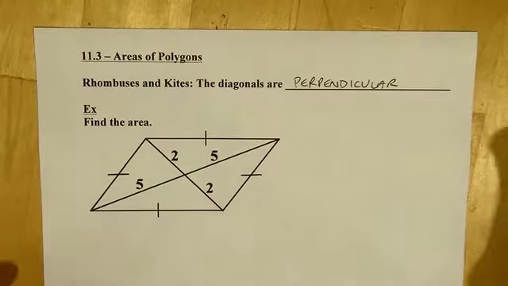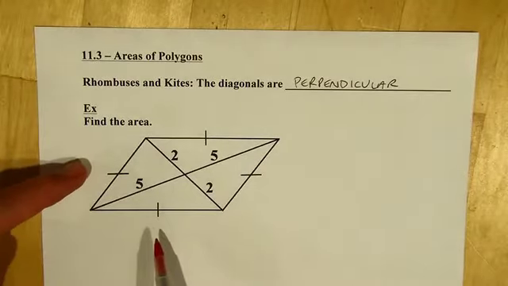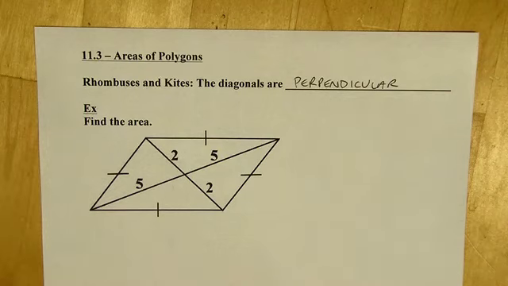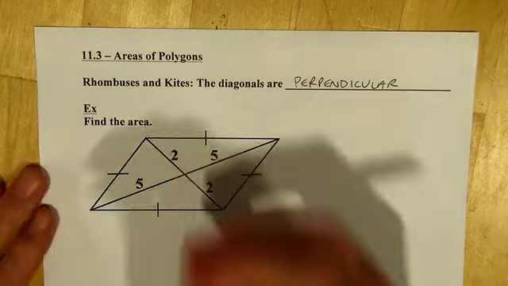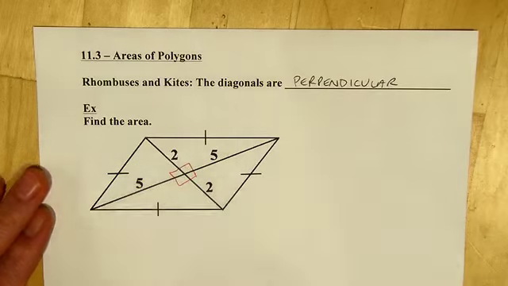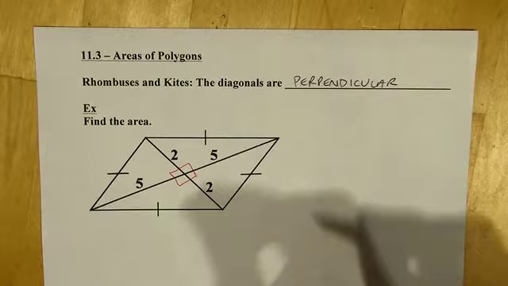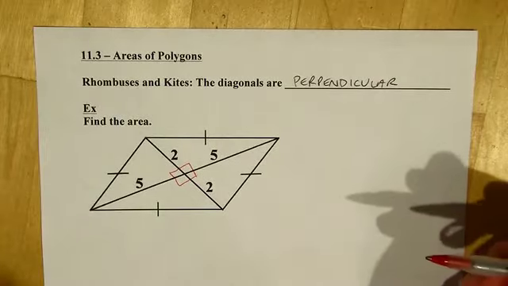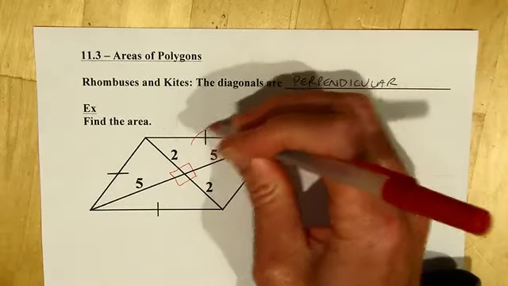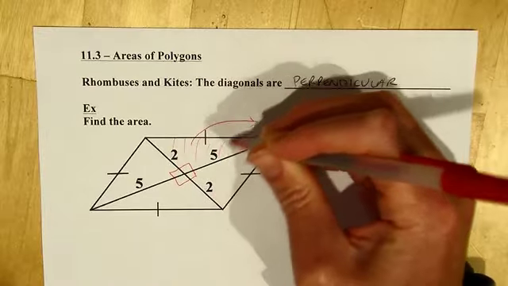Okay, so in my diagram here, this is not exactly to scale, but it shows that this is a rhombus, right? Because all four sides are congruent, and so therefore I know that the diagonals are perpendicular. Okay, and that makes it a lot easier to find the area of this whole rhombus because I've just got four right triangles. So if I take, say, this triangle, for example, I could find the area of this triangle